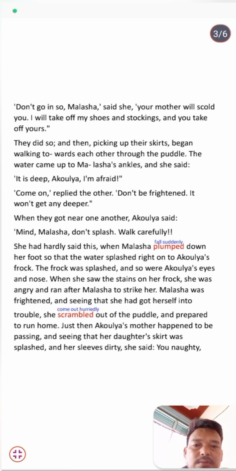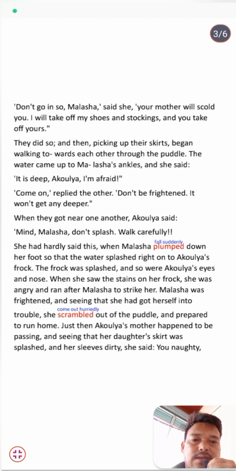She scrambled, meaning she came out hurriedly out of the puddle. Then she hurriedly came out of the puddle and prepared to run home. Just then Alokya's mother happened to be passing, and seeing that her daughter's skirt was splashed and her sleeves dirty,